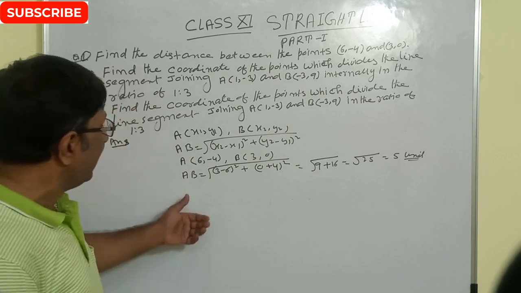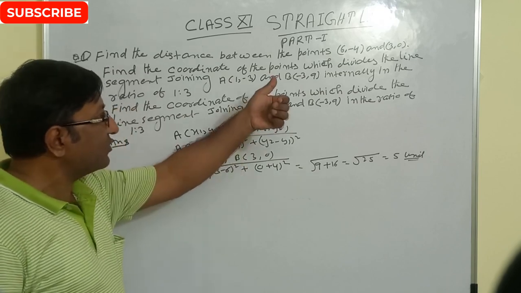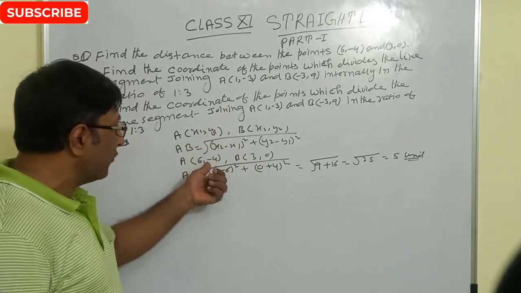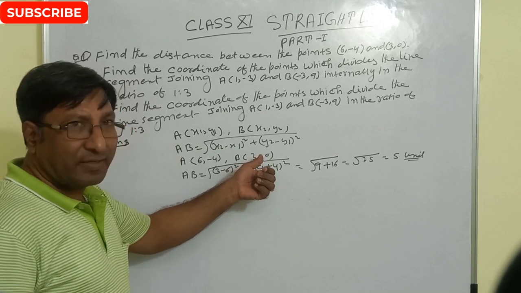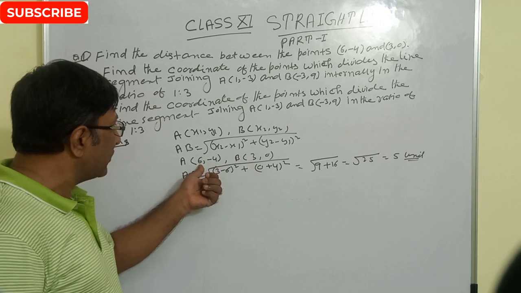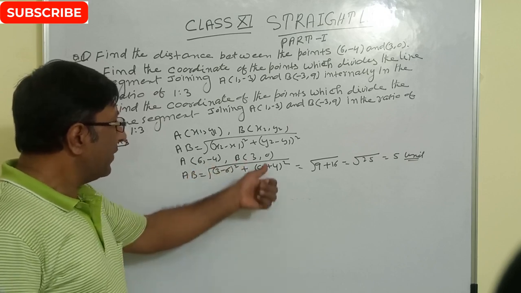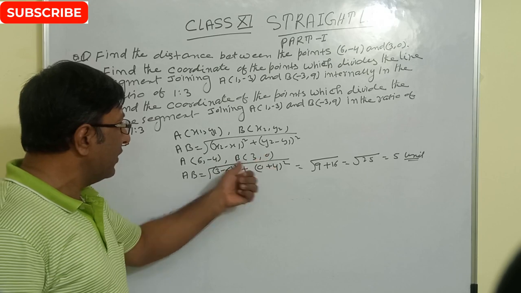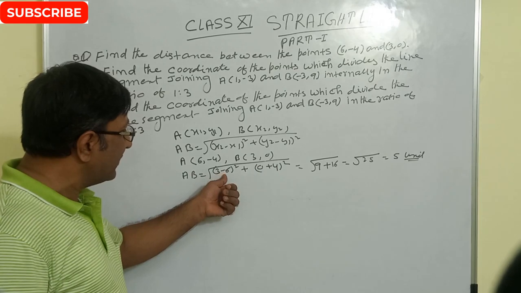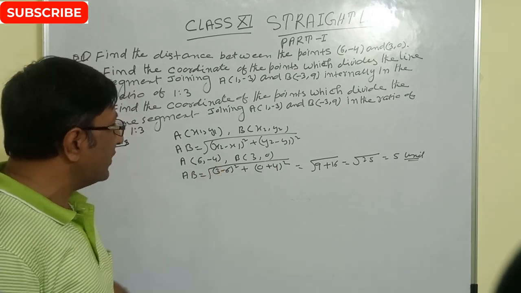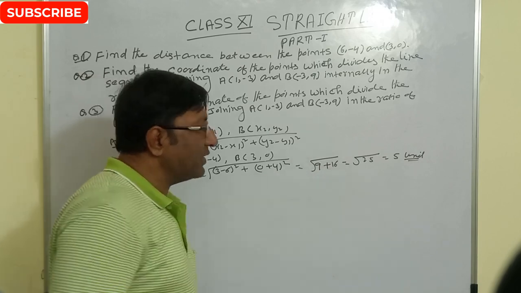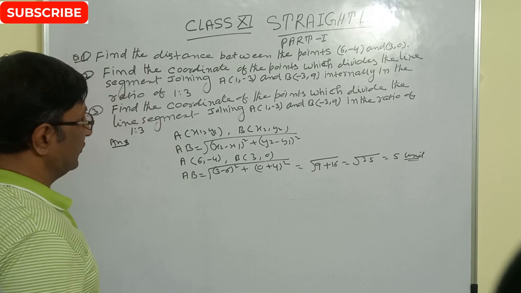So distance between AB, that is the point A given (6, -4), second point (3, 0). Suppose A, first point is A, 6 minus 4 coordinate, second point B coordinate 3 0. Then the distance between A and B is what? AB equal to x2 minus x1, that is 3 minus 6 whole square, plus y2 minus y1, that is 0 minus minus plus. So 0 plus 4 whole square. So 3 minus 6 is minus 3, square is 9. And 0 plus 4, that is 4 square is 16. So correct answer is 5 unit. So this is the first question.